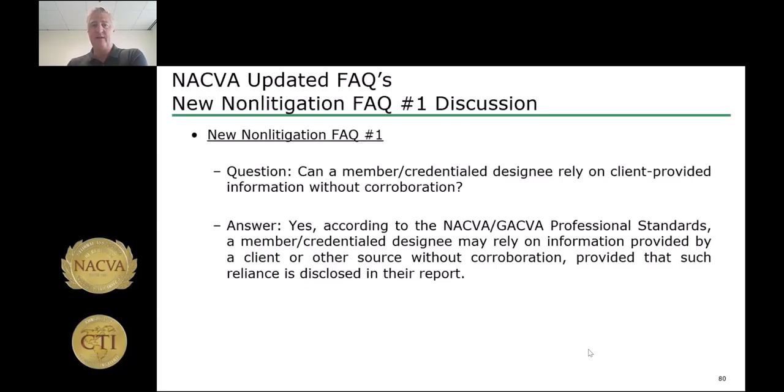According to NACVA, GACVA professional standards, a member or credential designee may rely on information provided by a client or other source without corroboration, provided that such reliance is discussed in the report. In my opinion, you would want to be explicitly clear that any information that was not corroborated is discussed in the report and presented as such. So while you are allowed to use information that is not corroborated, as long as that is disclosed,